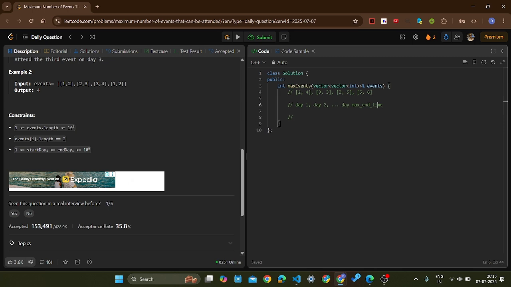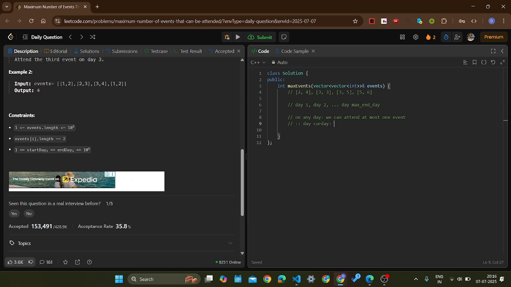That is because we know that on any day we can attend at most one event. So using this idea, we are maintaining an iterator that is the current day.